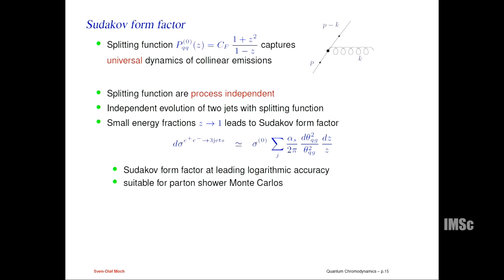And then if we write the differential 3-jet cross-section, differential in the z variable, then we have an easy way of coming back to the formula that was discussed yesterday for the Sudakov form factor. So we basically can approximate this expression, the jet rate in the case of small angles and small gluon energies, simply as d theta over theta squared and dz over z. And in this way, this is called the Sudakov form factor.